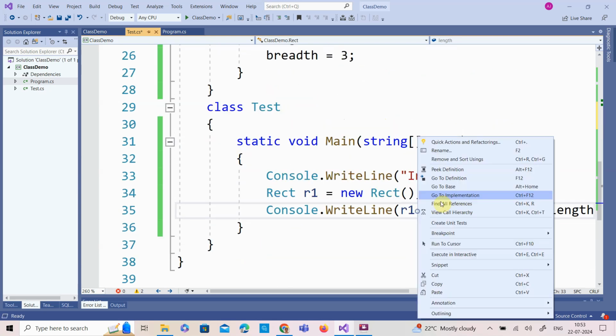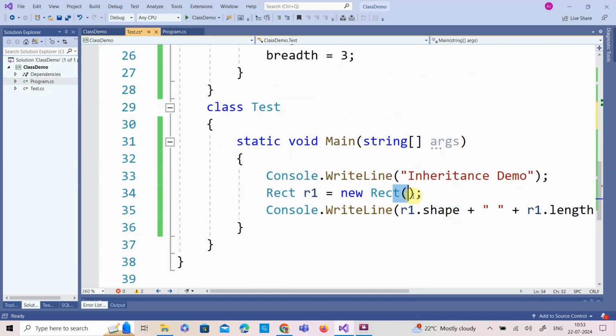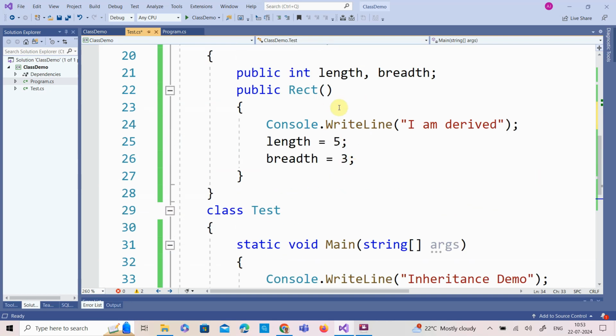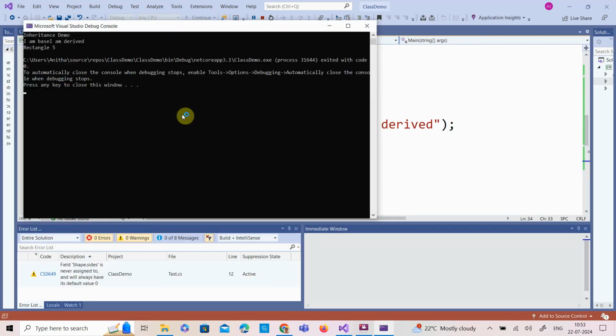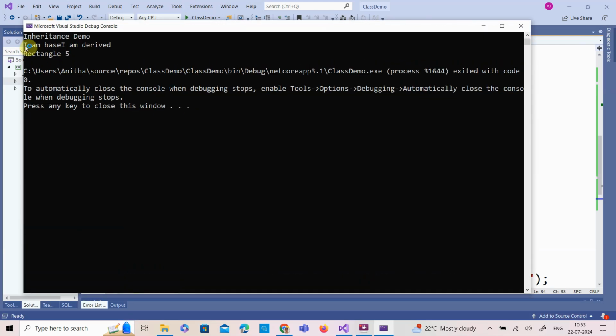So now when we invoke the constructor through the derived class object, the derived class constructor gets invoked. Now you execute and see the answer. See here, the answer is first the base class constructor gets invoked,